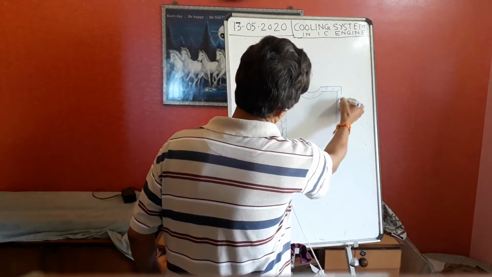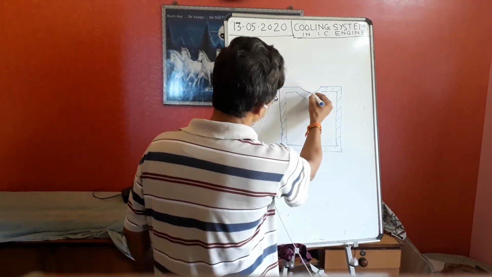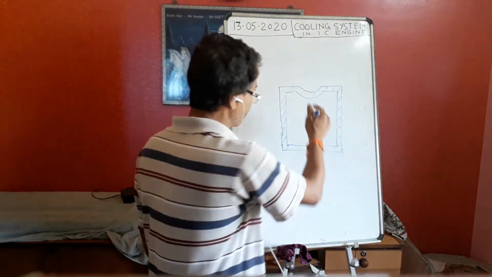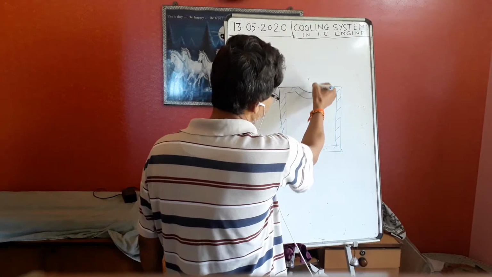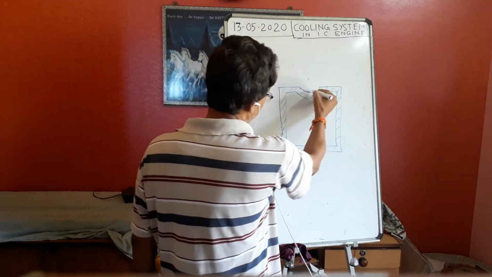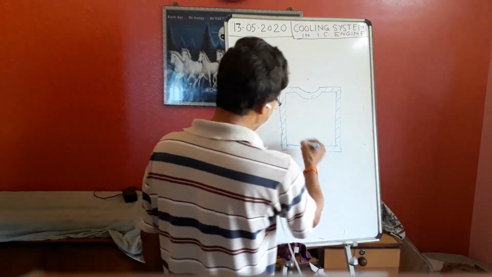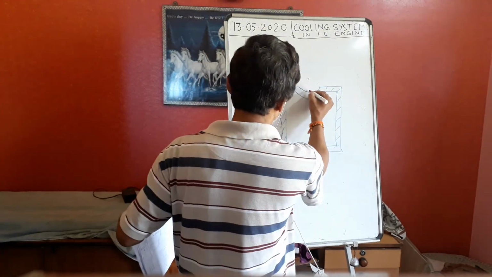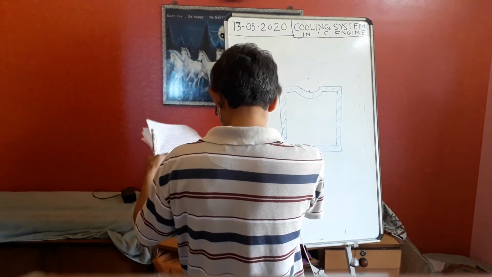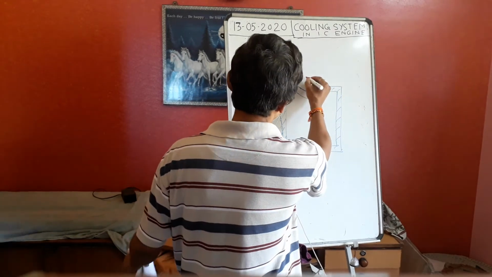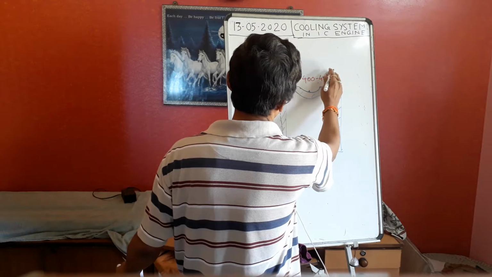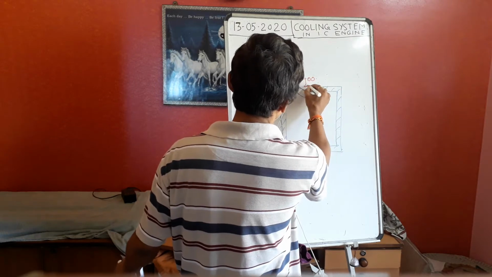This is the piston, and this portion is called the crown, where it is slightly shaped. Here the spark plug is in front of it. So this portion is called the crown. If I see the temperature, the maximum temperature will be at this position. This temperature will be around 400 to 450 Kelvin.